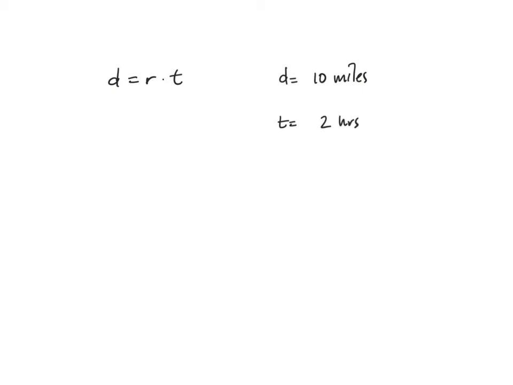How fast were you going? So you'd plug in your values, 10 equals r times 2, and then solve for r. You divide by 2, and you get r is equal to 5